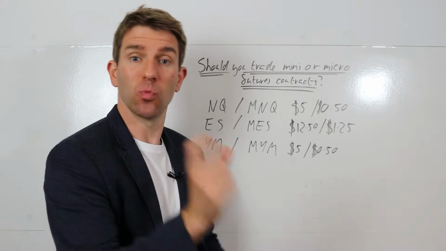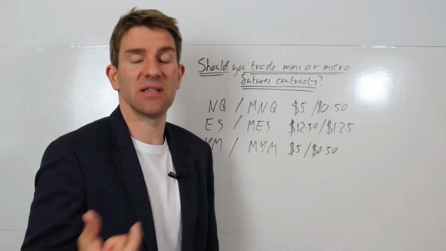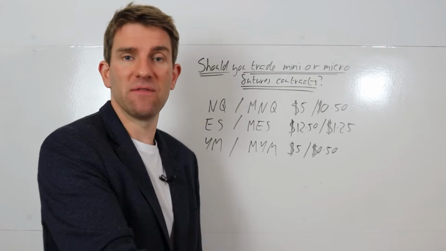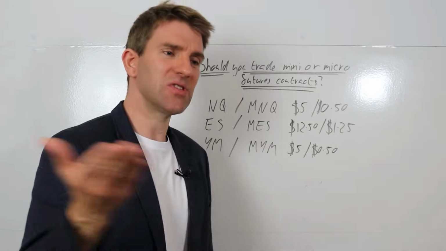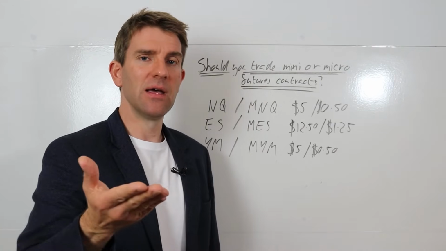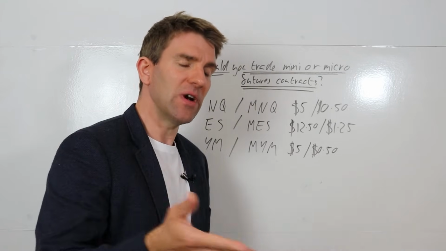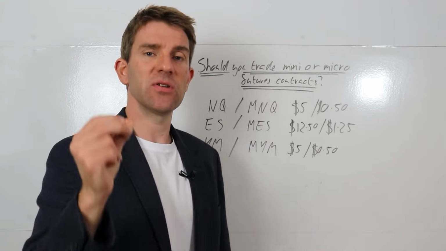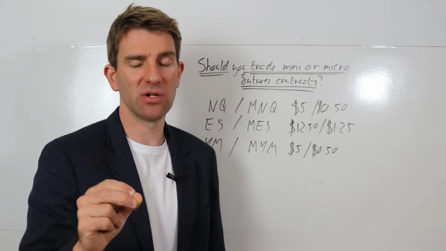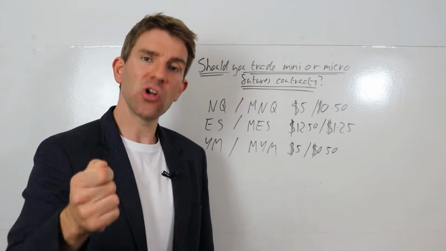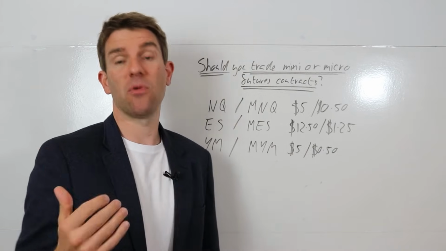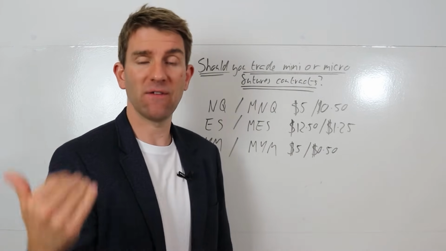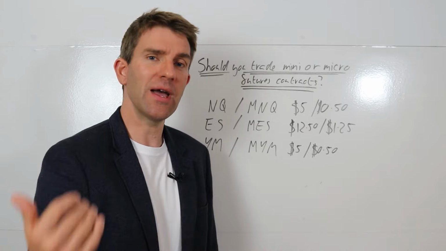Now, obviously, if you're trading just one micro and that's your position size, then that's fine. The decision's made for you. But if you're at the level where you're like, okay, I'll trade 1 mini versus 10 micros, where am I? I think that trading the micros is something to consider, because even though you're paying a higher commission, you get the ability to be much more flexible with your position. So you get to trade 10 units, market goes your way a little bit, you can peel off 5, you can peel off a few more, you get to scale out.